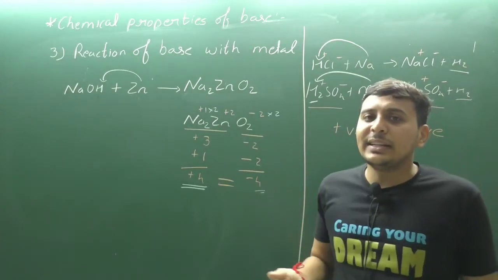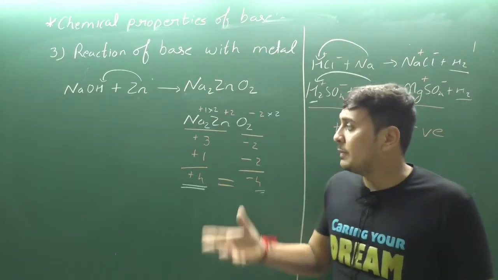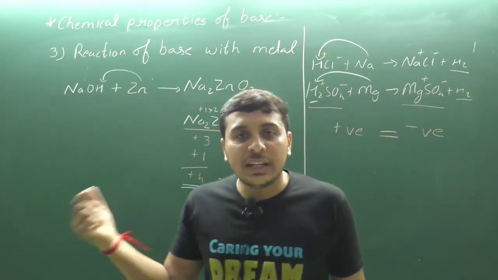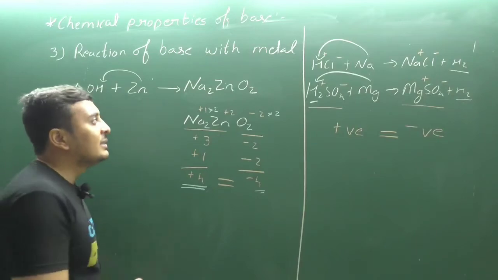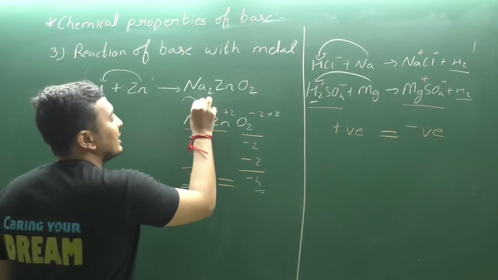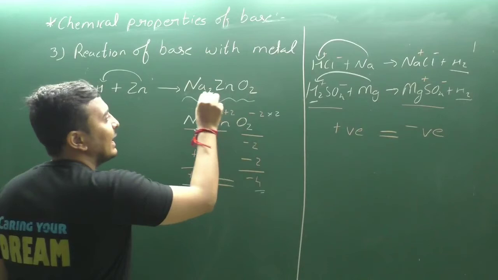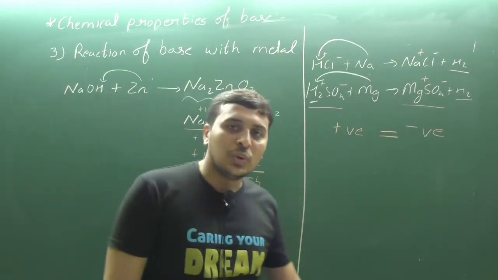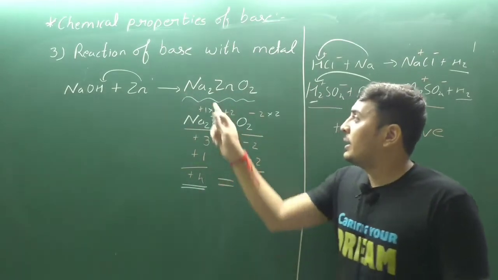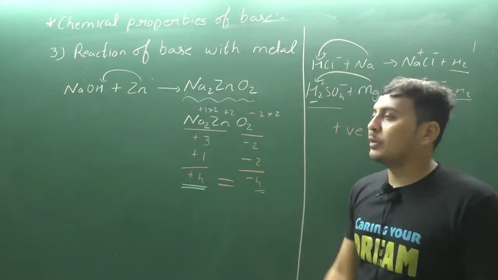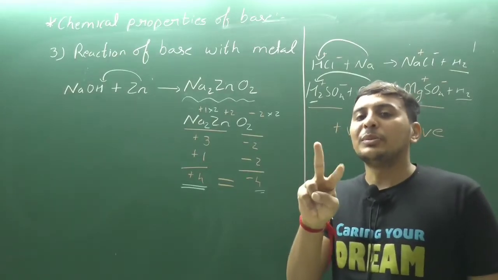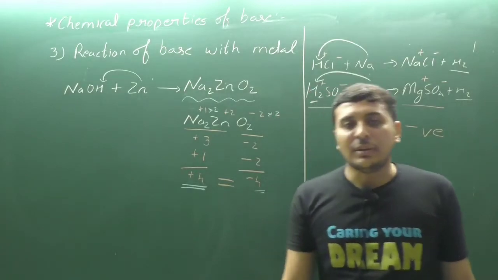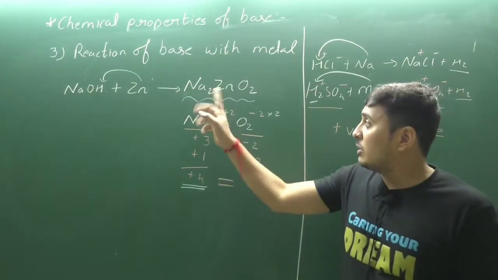If you still can't get it after seeing 2 to 3 times, how the chemical formula was made, then I will suggest just remember this formula, Na2ZnO2. Clear? Getting it or not? Just remember the formula, because there are only two such formulas to remember. First is Na2ZnO2 and the second I am going to make you learn.